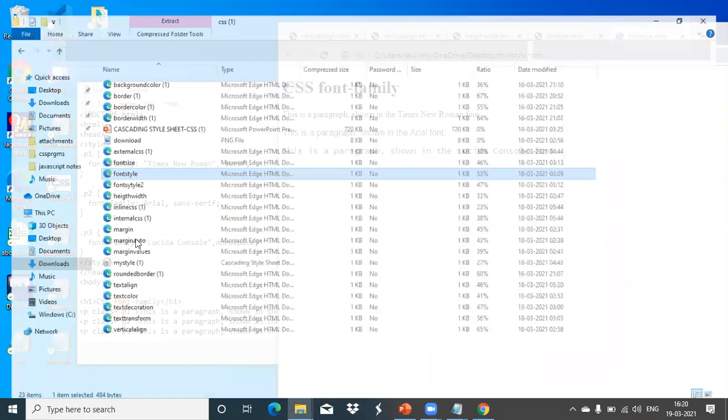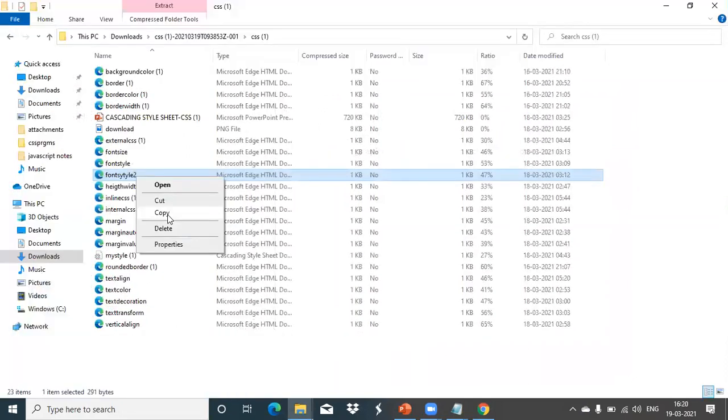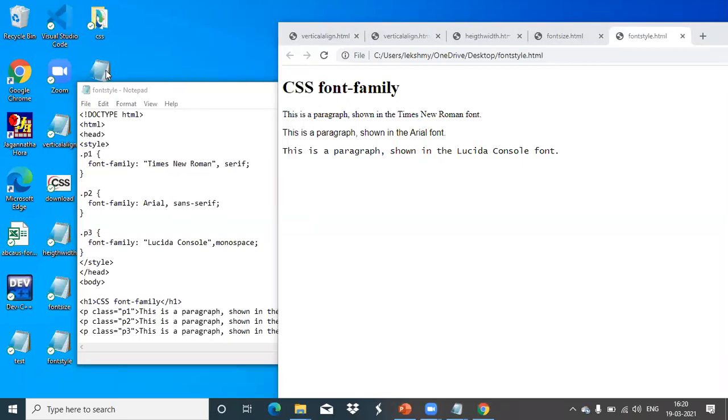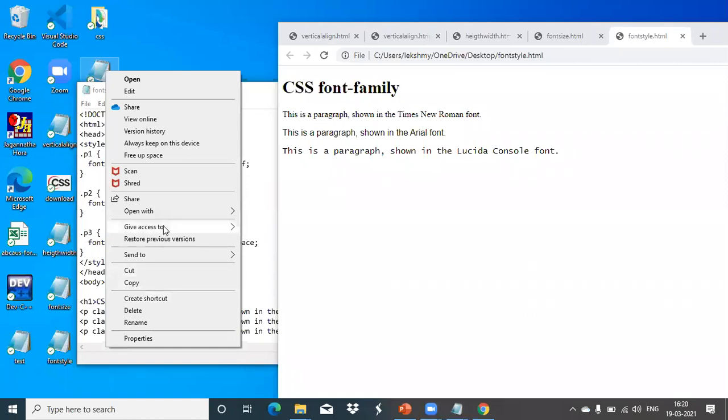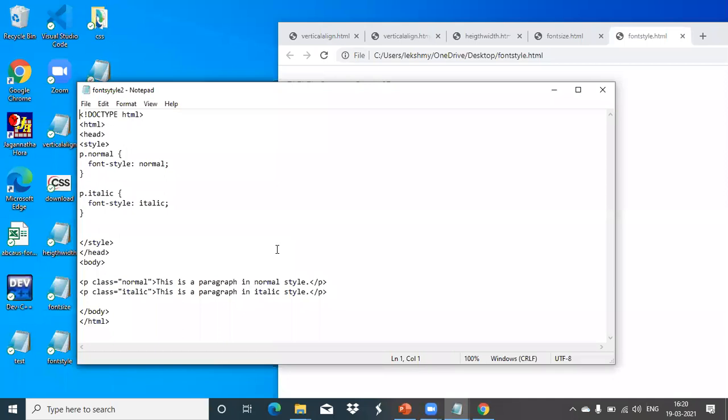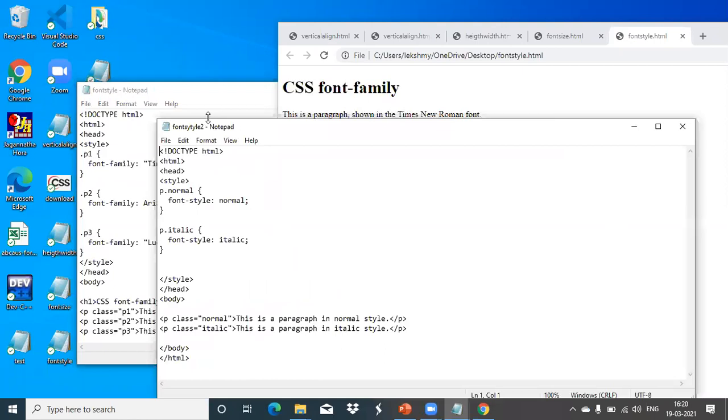Another one. So here we can write font style. Size we have given, font family we have given, font style we can give.